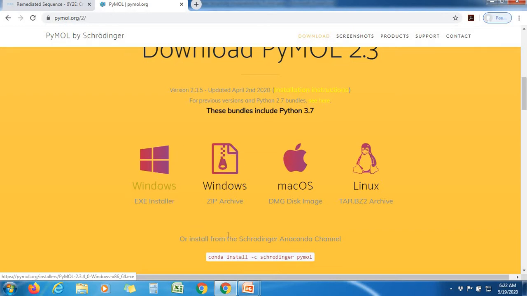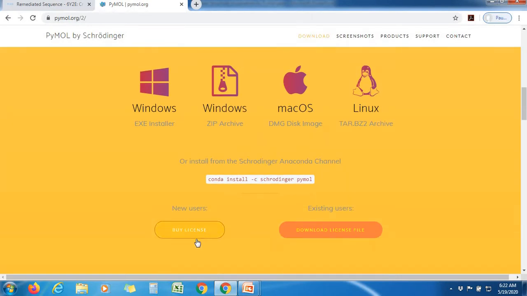Apart from this, a licensed one is also there, which has more features in PyMol. So you can buy the license if you want. Otherwise, you can use the evaluation version only for educational purposes. So you can download this one. Depending on whether you are using Linux, Mac or Windows, you can download it and install. Installation is very easy and straightforward.